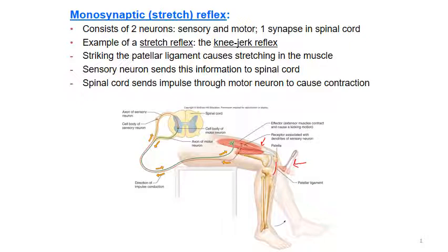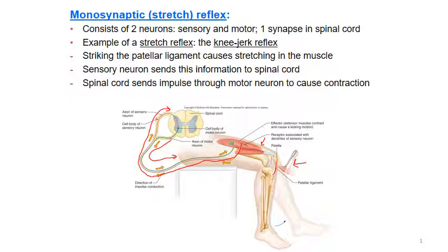Okay, so then the muscle is saying, okay, why is it stretching? The information is sent to the spinal cord. And so here you're seeing the arrows. The arrow is going to the dorsal side of the spinal cord. Remember, the dorsal side is for the sensory information. So then the spinal cord says, okay, why is the muscle stretching? Do we need to contract it? So then the spinal cord sends a message through the motor neuron, and the motor neuron then causes the muscle